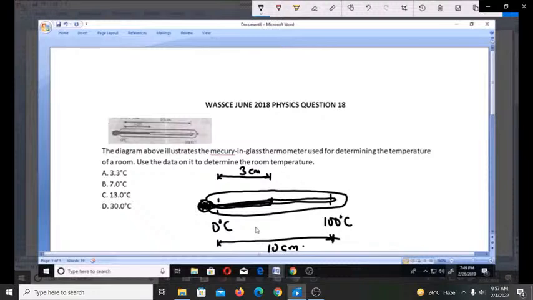That's the standard room temperature. But if we are taking the measurement here, we have 3 cm, but the room temperature is supposed to be 25. So if you take half of here,